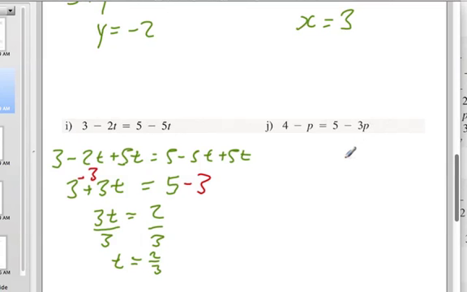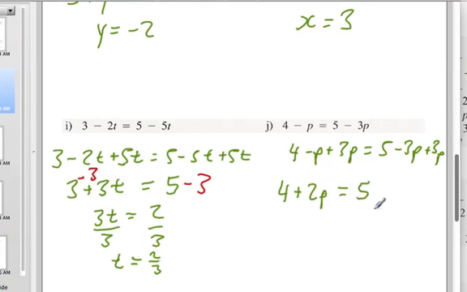For this one, I'm going to add 3p to both sides. You could add p to both sides, that's fine, but 4 minus p plus 3p is equal to 5 minus 3p plus 3p. So all we've done is added 3p to both sides. The left-hand side simplifies to be 4. Now negative p plus 3p is plus 2p